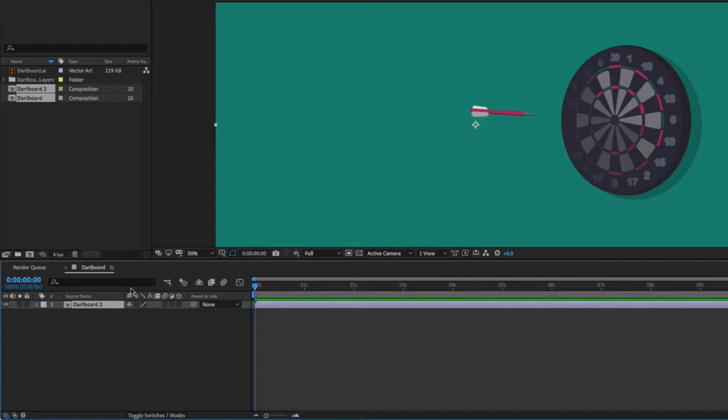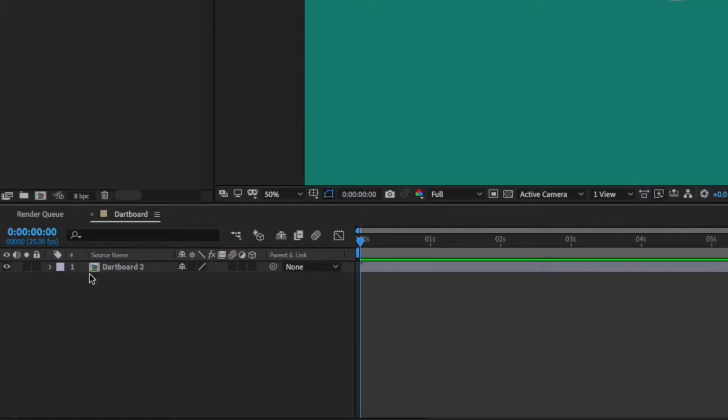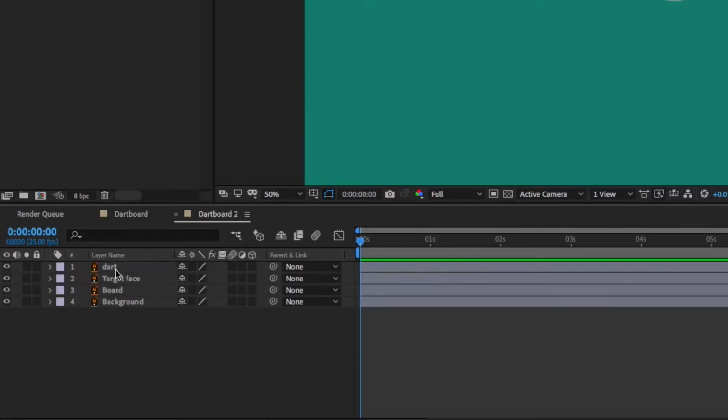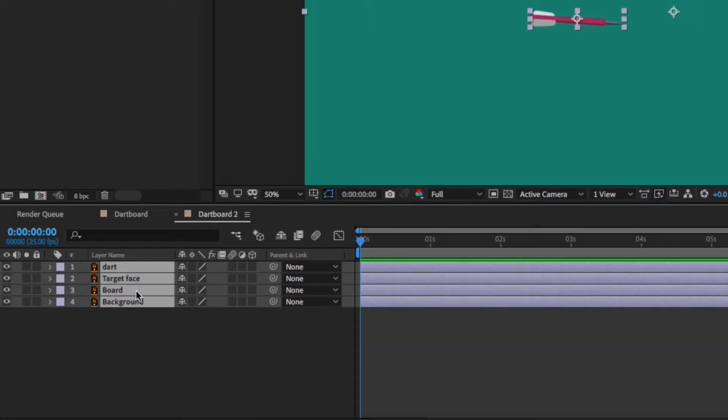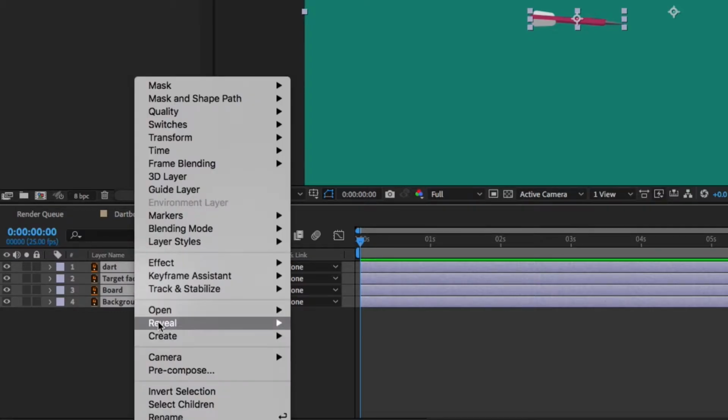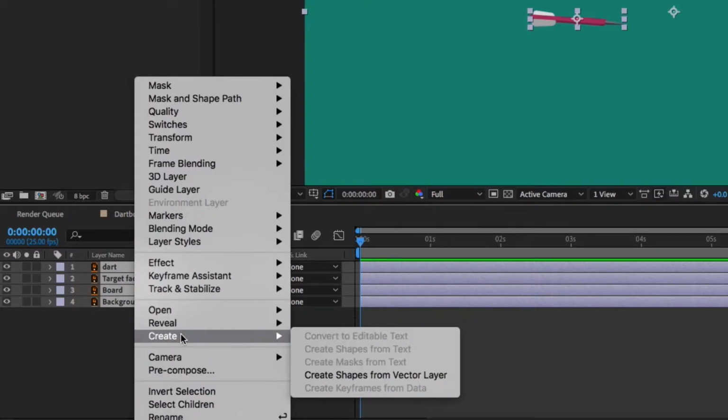Now it's created what's called an After Effects composition. You can see it's created up there as well. When you see this icon, this is a folder that will contain footage into a composition. So if I go into this folder, these are our Illustrator layers, and we actually want to convert these into After Effects shapes. Shapes have a lot more flexibility and a lot more options when it comes to animating within After Effects. So what we're going to do is select all of these layers, right click, go to Create once again, and go to Create Shapes from Vector Layers,